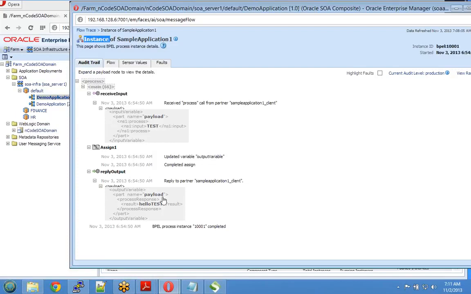So if you are looking at the trace, the audit trail here in this case, this is in terms of what we call code. The same thing can be seen in the form of a diagram. If you click on flow,